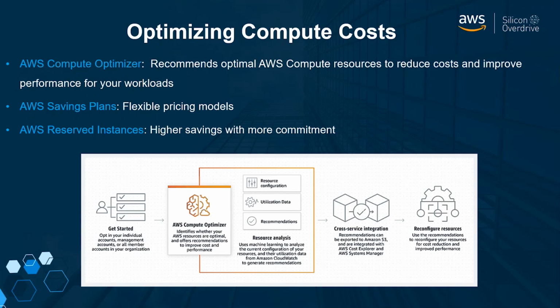Savings plans and compute plans are more flexible. They will give you a discount on your spend based on your spend itself. It doesn't really matter if it's a T3 large or a C5 large or what sort of EC2 you've got, you will get the saving. Whereas a reserved instance will give you a slightly higher percent saving, but it won't necessarily give you the same level of flexibility.